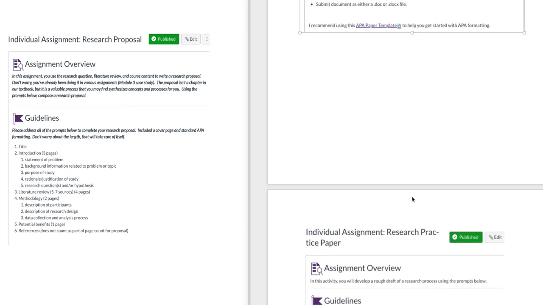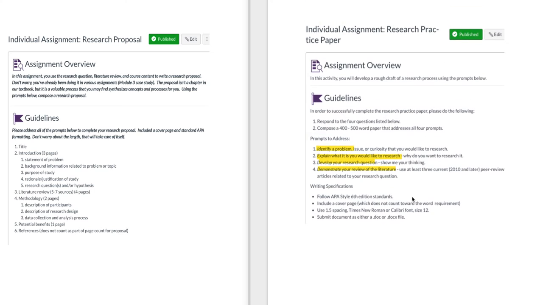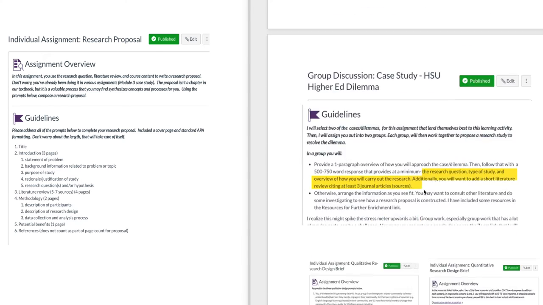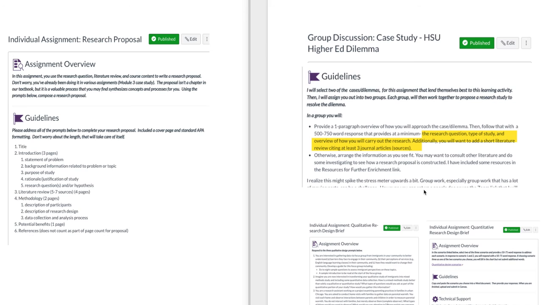And then in week two, we had a research practice paper. Remember, we identified a problem, explained what it would look like to research, what would you like to research, developed your research question, and demonstrated your review of the literature. Looks pretty familiar, right? Now, in the higher ed case study dilemma that we did in Module 3, we looked